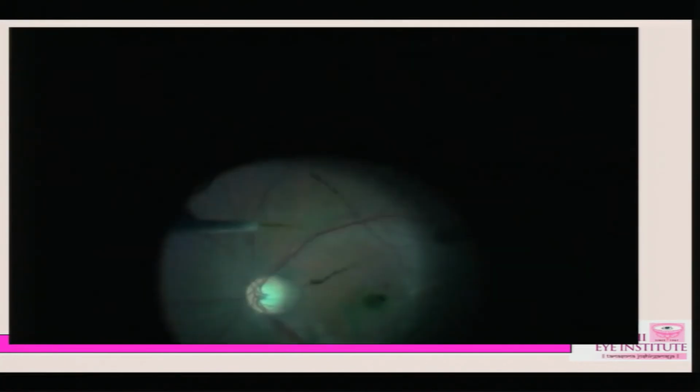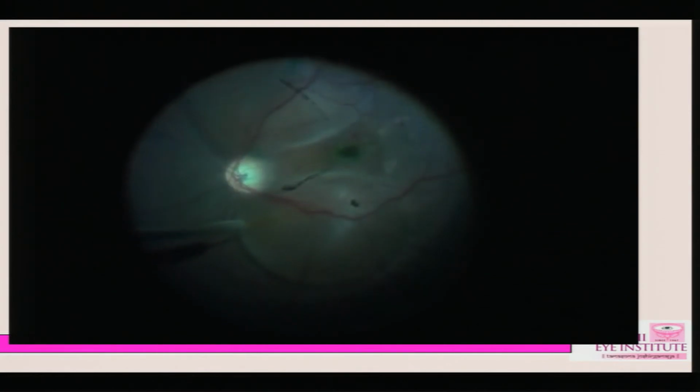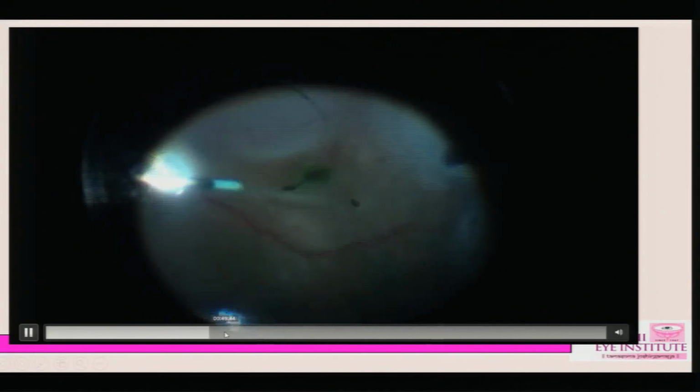That is, using a 40-gauge cannula, use subretinal fluid. So as you can see here, the 40-gauge cannula is being injected to try to make blisters all around the macular hole. The aim of this surgery is to completely lyse the adhesions between the edges of the macular hole and the RPE. And that was the reason why this hole was not getting closure instead of doing even 2 or 3 surgeries. And then after inducing a retinal detachment in this case, once we do the fluid air exchange,